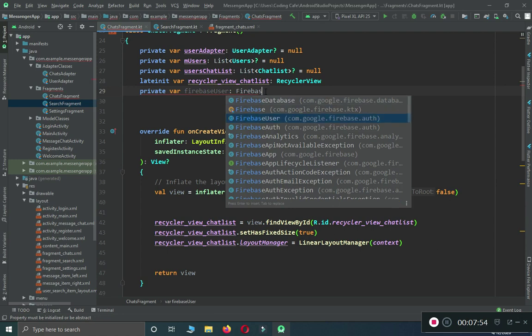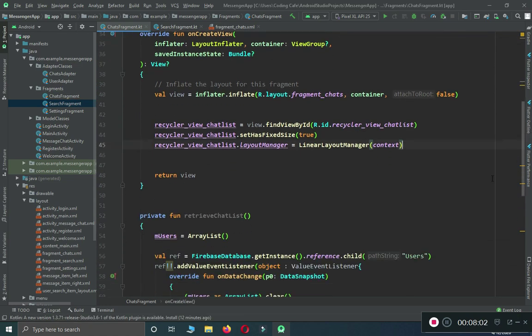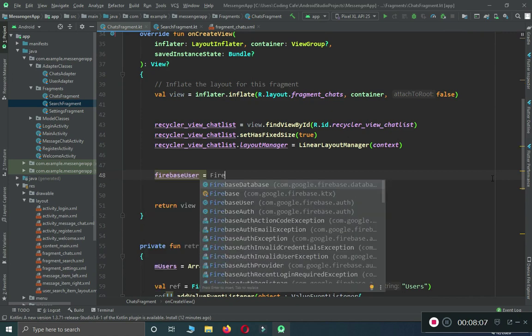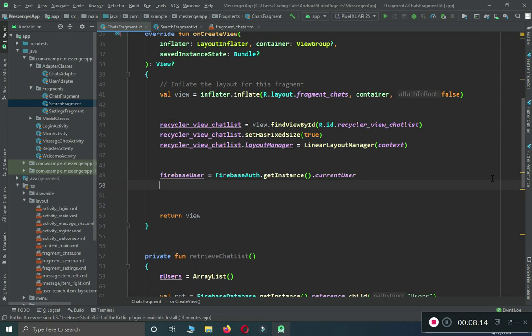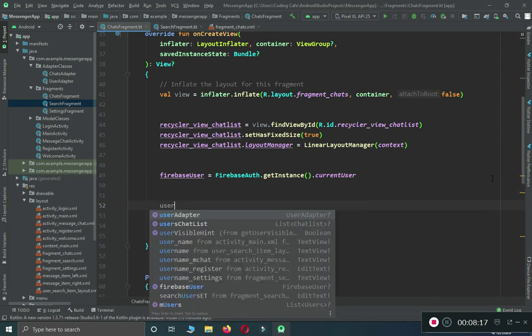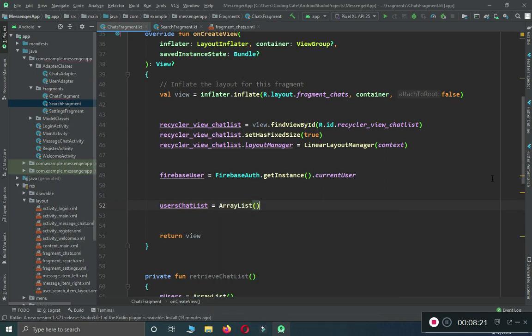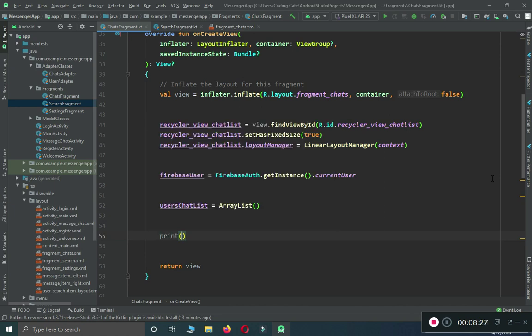Firebase user, let's initialize this with a null, and now here below we can say Firebase user equals to Firebase auth dot get instance dot current user, user chatlist equals to array list, private,